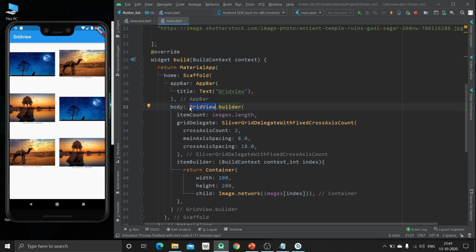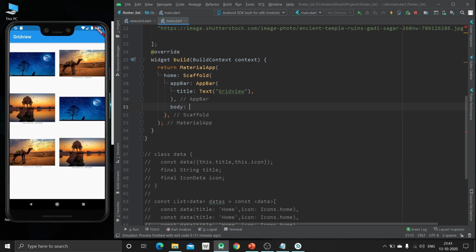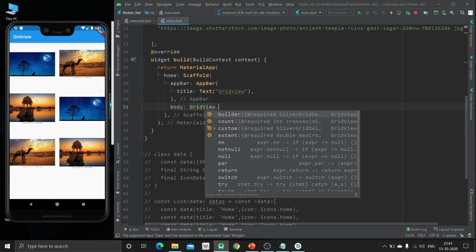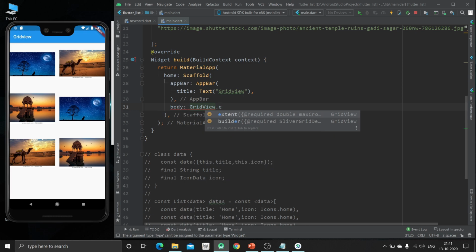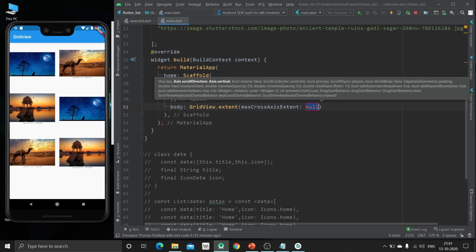So for that we are just going to remove this and going to use grid view dot extend. So we are having this. Now here we have to specify the max cross axis extent. So we will specify it up to 250.